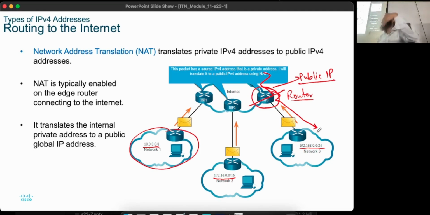It's called network address translation because you're going from a private address, you're translating it to a public address, or you're going from the public address and you're translating it to the private address. Make sense? This thing is called network address translation. Extremely important concept. In itself, it's very simple. But when you do it in practice, because you can have multiple networks connected to the router and multiple things happening at the same time, and you have to do the calculations, you make mistakes. So we're going to do this in lab so that it makes sense to you.